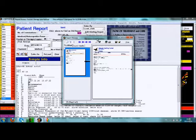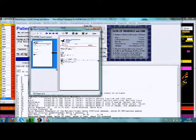Here we've gone to the report preview. From the report preview now we can